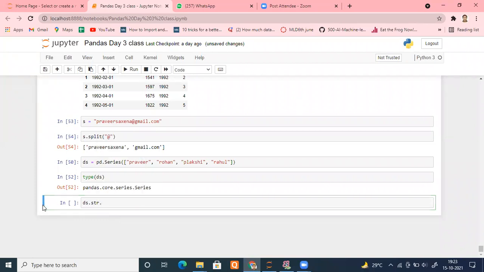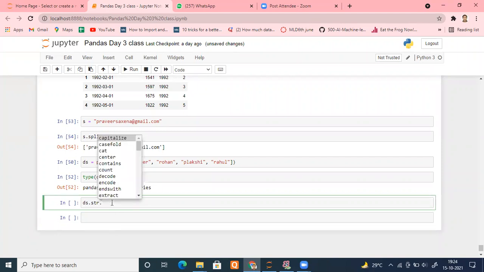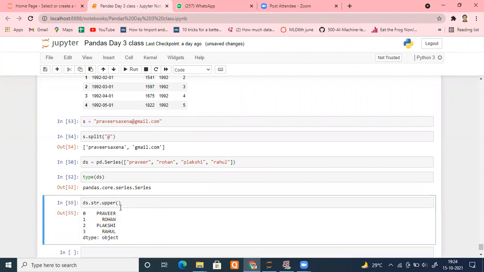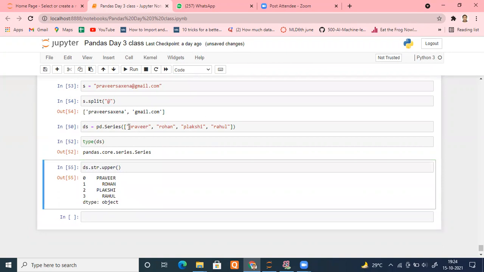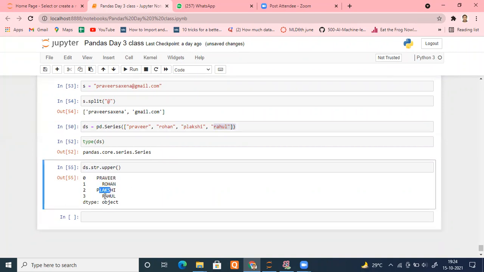Suppose I want to do upper. Simple. See, my name was small, Rohan was small, Plakshi was small, Rahul was small. Everything has been converted into capital letters. How easily you can use your string methods inside this. Just remember, you have to use the str accessor.